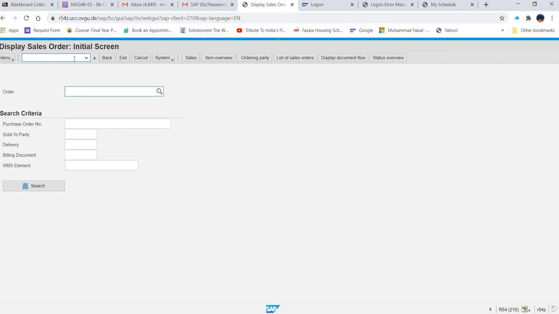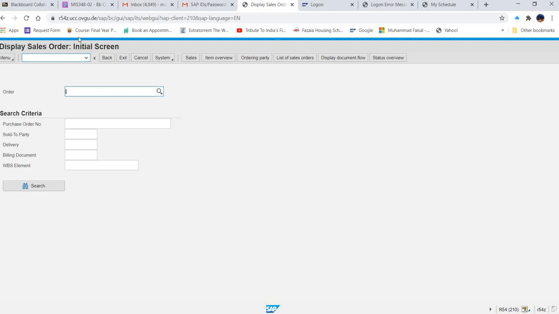So what will be our answer for VA03? It will show us Display Sales Order. It means if you run this command, it will take you to the screen where you can see any sales order that is already created.